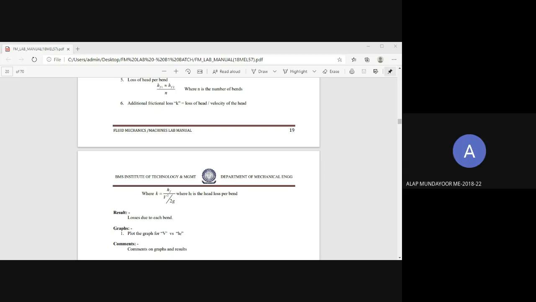So, what is the K value range you get, 0.06, 0.07 like that? Okay, for all the readings, like that in that range only you get. For all readings, 0.06, 0.055, 0.07, 0.08 like that. Okay, sir.